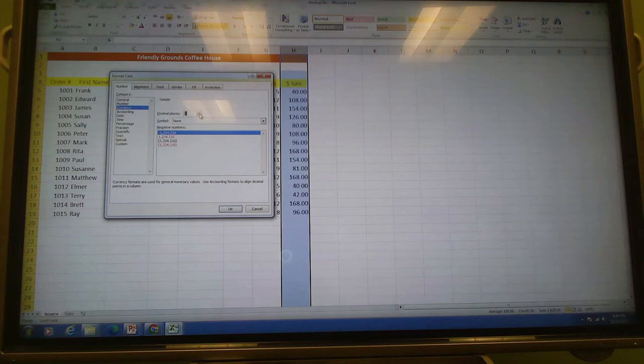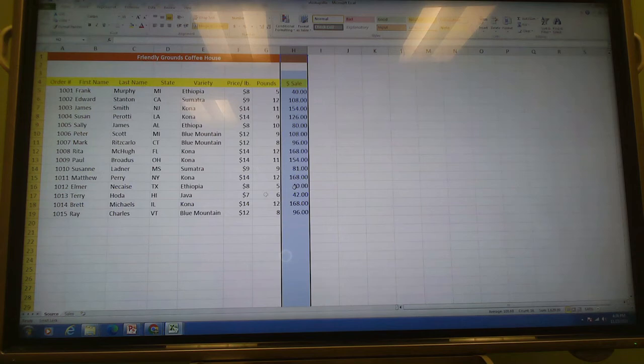And then you can do alignment, borders, and all that good stuff here. But anyway, we're going to leave it like it is and say OK. And the numbers are in 2 decimal places. So now, if I take on that second sheet, this formula that's been written incorrectly in this cell, which is